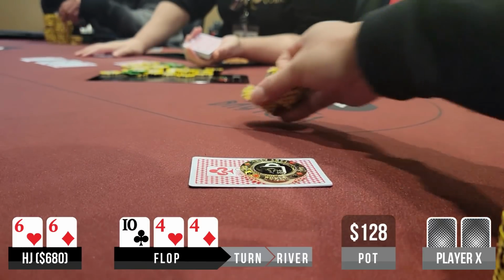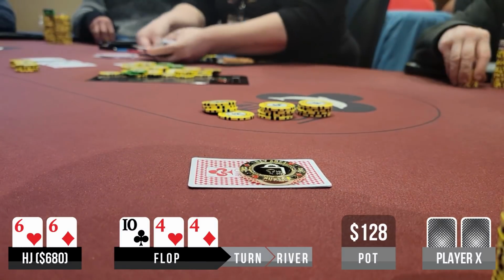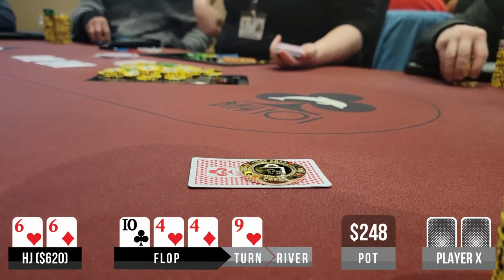Checks to me, and I see a bet of 60 for protection, and to try and gain clarity on what my opponent may have. Only the button calls, and the turn brings a 9 of hearts. While my opponent may have floated the flat with Broadway holdings that I'm still ahead of, it's also quite possible